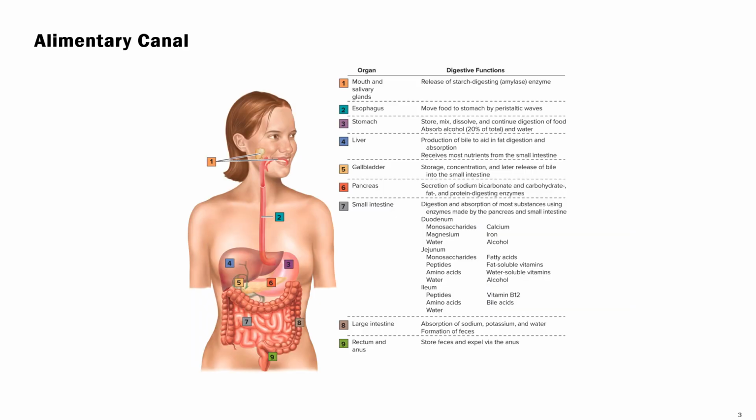The alimentary canal, also known as the digestive tract or gastrointestinal tract, is a long hollow tube that extends from the mouth to the anus. It's responsible for the digestion and absorption of food and nutrients. The major organs of the alimentary canal include the mouth, the pharynx, esophagus, stomach, small intestine, large intestine, which is the colon, and anus. Each organ plays a specific role in the breakdown of food, the absorption of nutrients, and